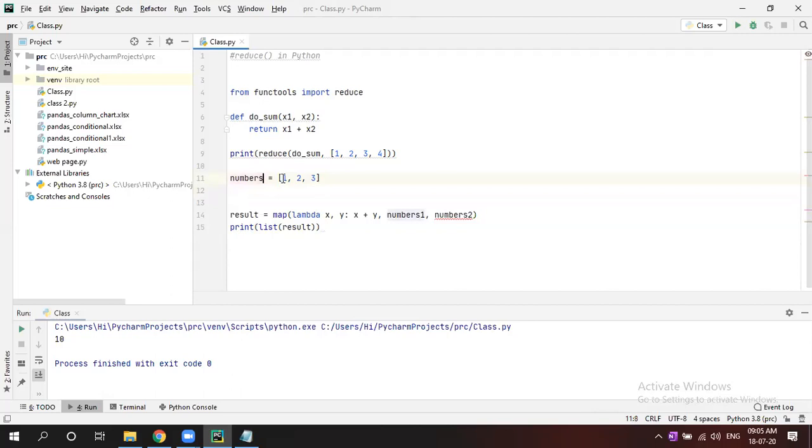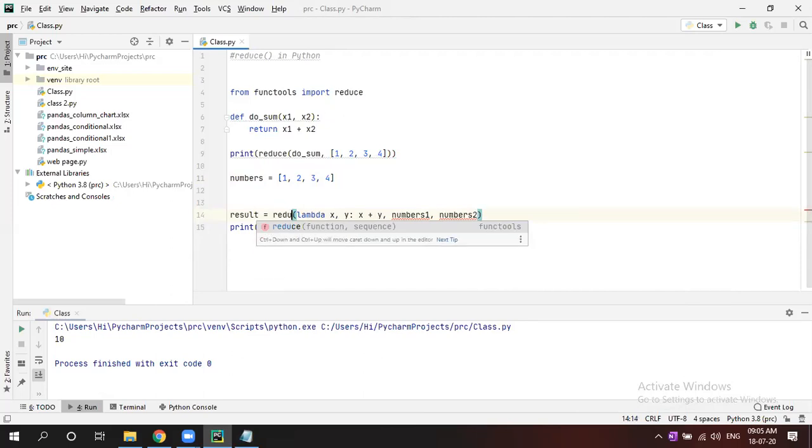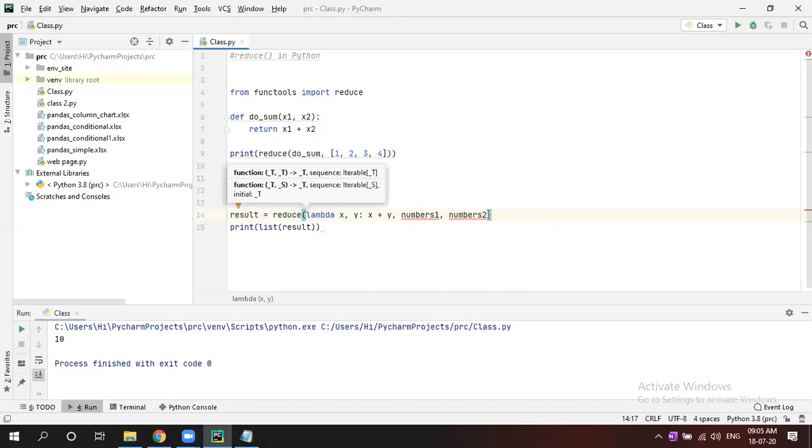Number equal to 1, 3, 4. Now result equal to, instead of map, write reduce. Now just pass only number. That's it. Run it.